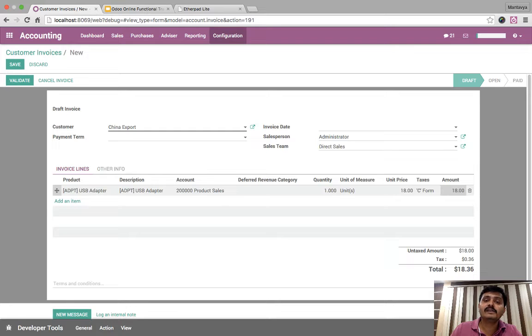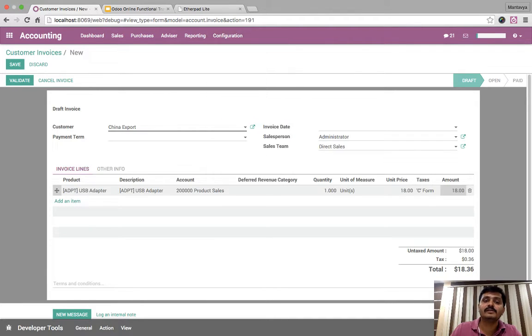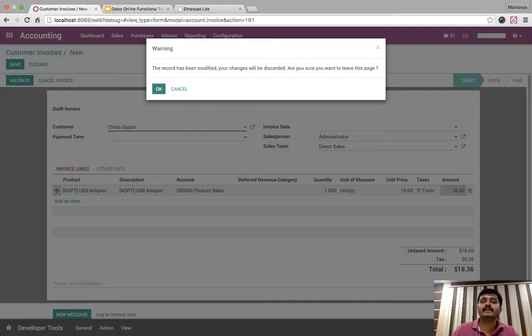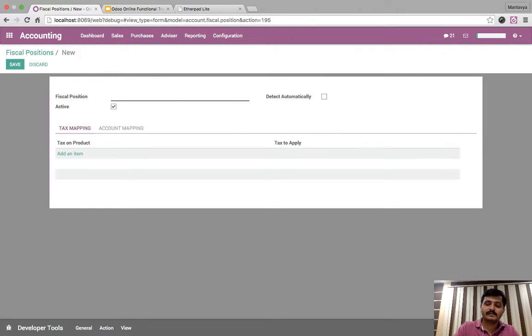In order to do that, I need to create a physical position. So let's first create the physical position, and then we will create a new invoice. So here I need to create a physical position, which is say interstate sales against CFON,